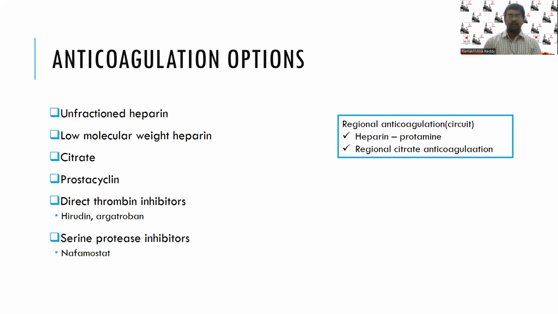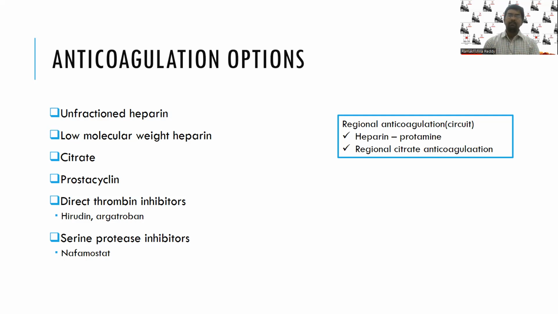In this slide, there are various anticoagulant options available for renal replacement therapy or any extracorporeal technique. Those on the left side are mainly systemic anticoagulant techniques, and those on the right are regional anticoagulant. Among the systemic anticoagulant options, we have unfractionated heparin, low molecular weight heparin, citrate, prostacyclin, direct thrombin inhibitors like argatroban, or serine protease inhibitors like nafamostat. Among the regional anticoagulant techniques, there is a combination of heparin and protamine, or regional citrate anticoagulation with administration of